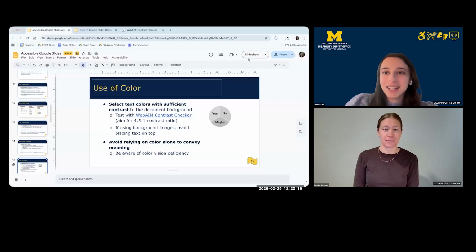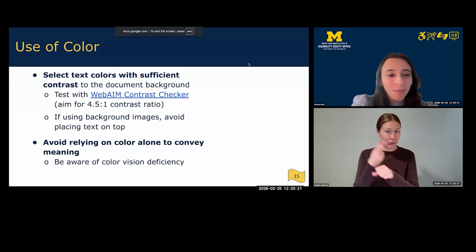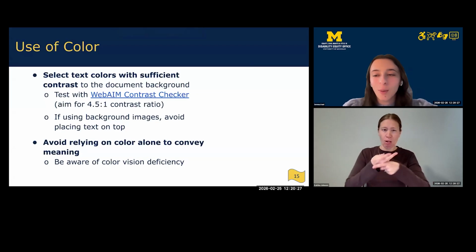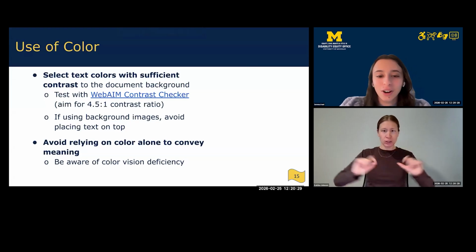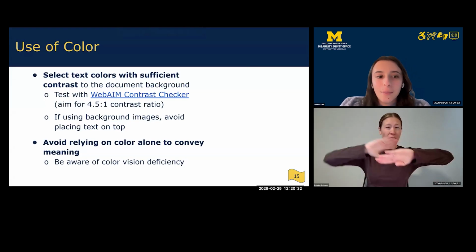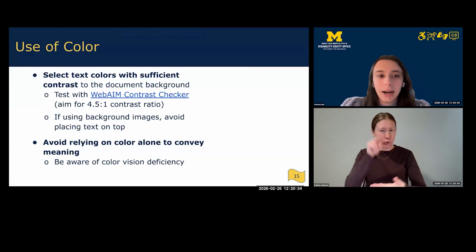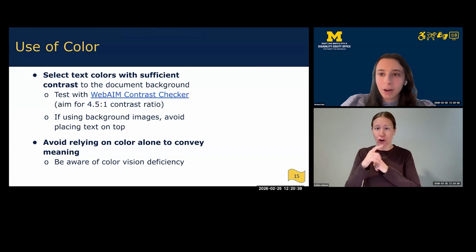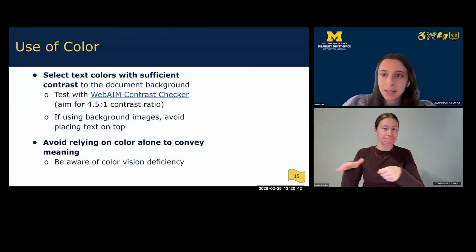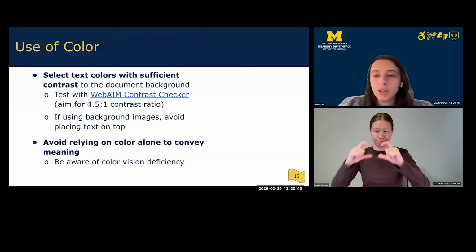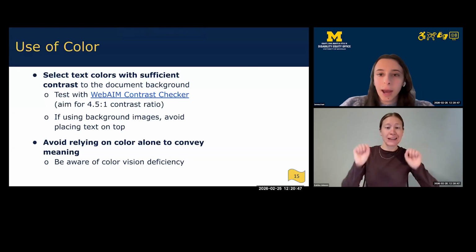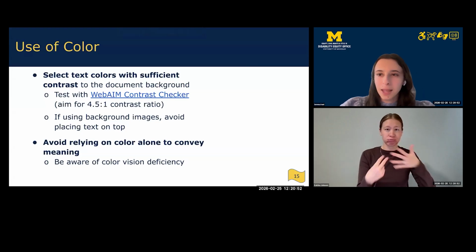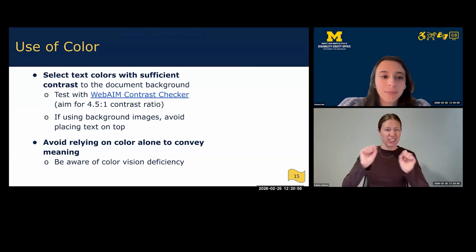If you are using a background image, we want to be careful about putting text on top of it. It makes it quite difficult to read the text regardless of which color you choose. My suggestion would be to either add a fill color for your text box so that it has like a solid background between the text and the image, or to adjust the transparency or opacity of the image itself so that it is much lighter or darker and the text is able to pop out against it.